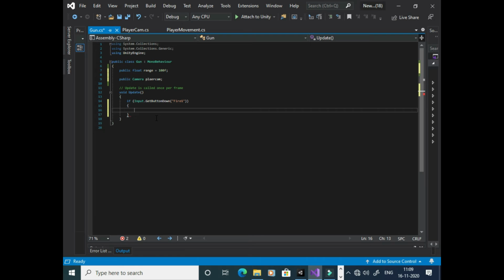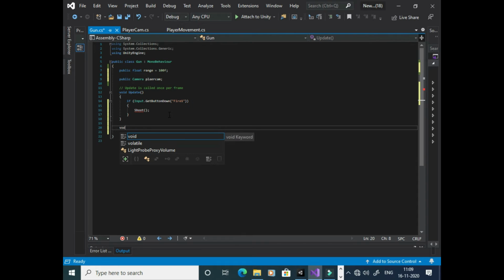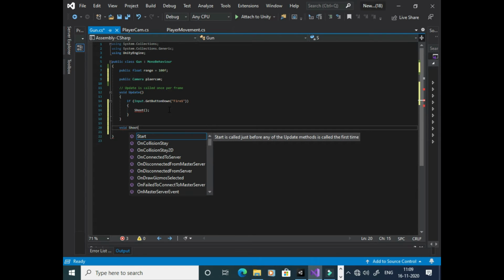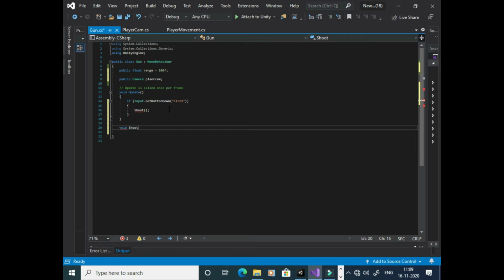If it is pressed, then we have to call Shoot, with open and close brackets, because we are going to make a new method of Shoot down here. Just call it void Shoot, open and close brackets, and open and close curly brackets.